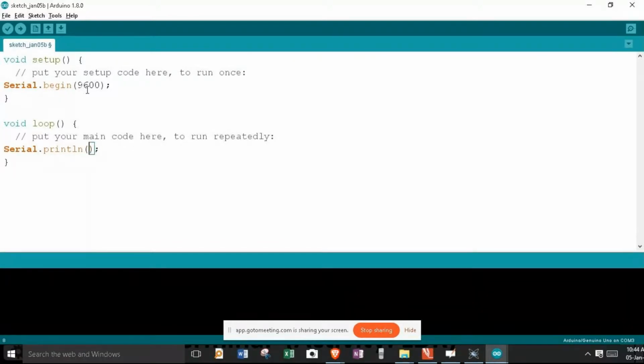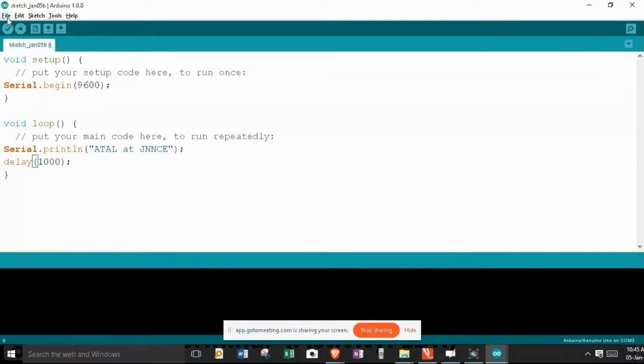Under this, I can give any text, and let me give this text as Atal at JNNCE, and let me give a delay of 1 second. Because this delay function generates delay in milliseconds, we got to pass argument 1000 for 1 second delay.